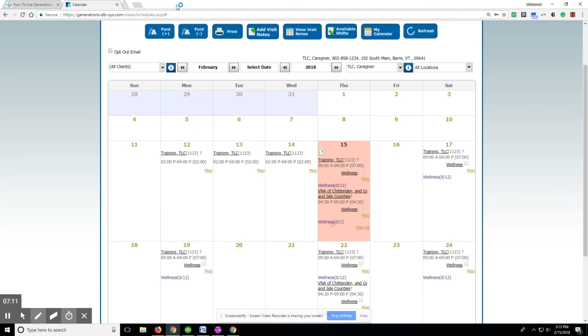Now that we've viewed the care plan, we're going to go back into your schedule and we're going to take a look at the map function. So right here, if you click on this map button,